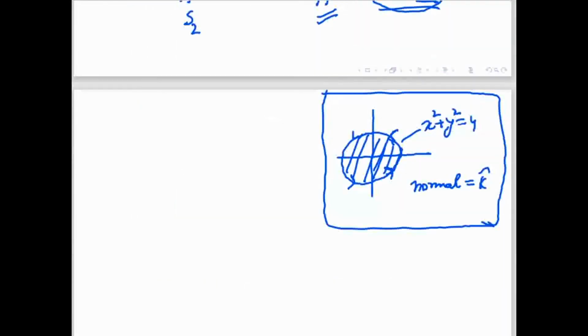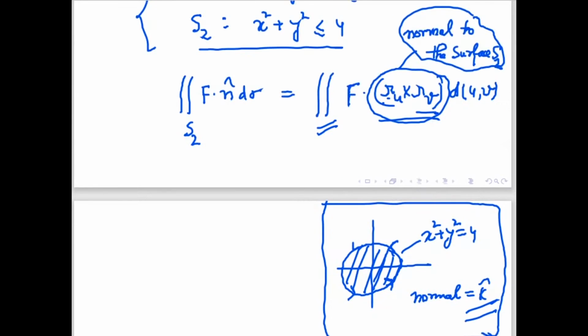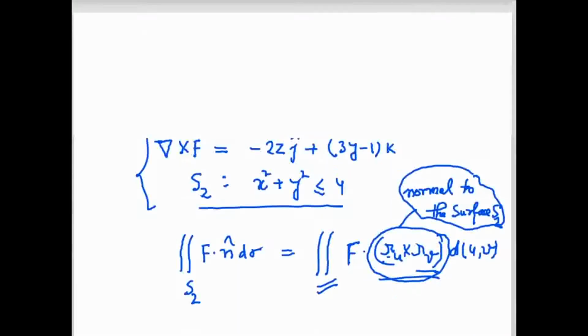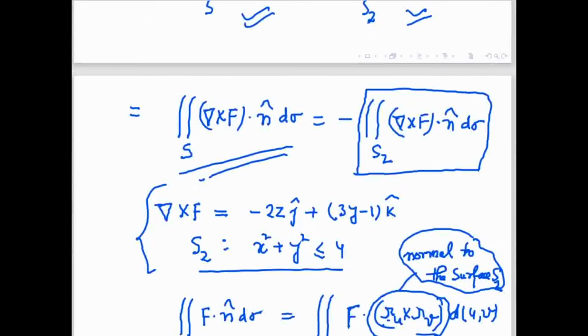You are traversing towards this boundary. Your right-hand side is the surface and your head direction is the normal. That means you will take k-cap, not minus k-cap. But in this example, because we are doing the surface integral, we have to take minus, and that minus will anyway go plus because of the minus already there, so it will become plus.